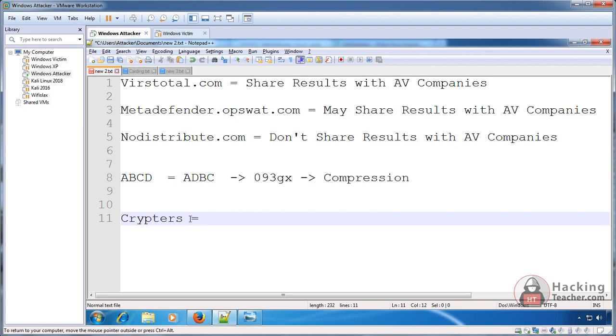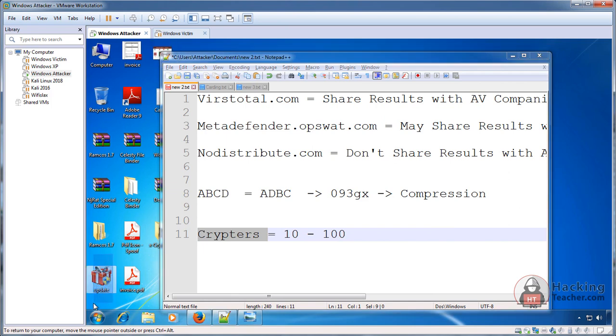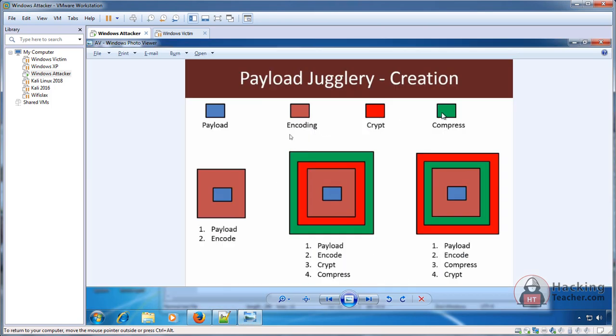There are different cryptors, which we will discuss in the next video: what types of cryptors are available in the market, what their differences are, and what they cost. Usually between $10 and $100, there are thousands of cryptors available in the market. You just download or buy a cryptor, put your file, the Ramcos file, in it, and it will give multiple cycles of encoding, encryption and compression, and save a new file on your computer in just 1 minute. And then if you scan that file, it will be undetectable.